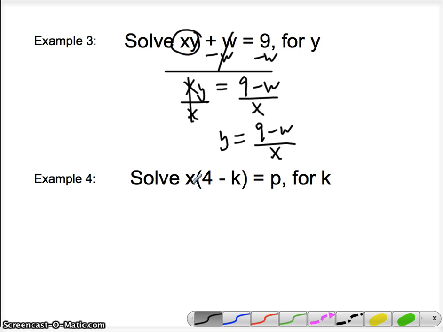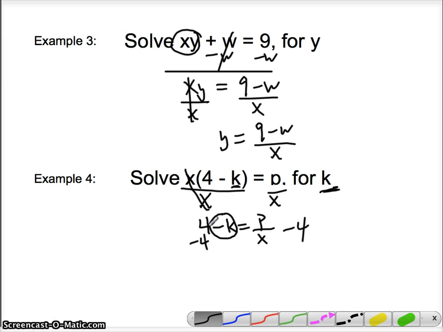Example 4, solve x times 4 minus k equals p. We need to solve for k. K's on the inside, so instead of distributing, we can go ahead and divide both sides by x. And that's because k's on the inside, that you can do that. So the x cancels. You're left with 4 minus k equals p divided by x. Now we're solving for k, and it's a negative, so we'll have to deal with that in a minute, but you want to get rid of the 4, so minus 4 on both sides. So you have negative k equals p divided by x minus 4,